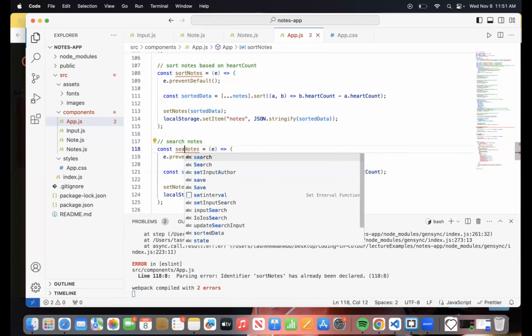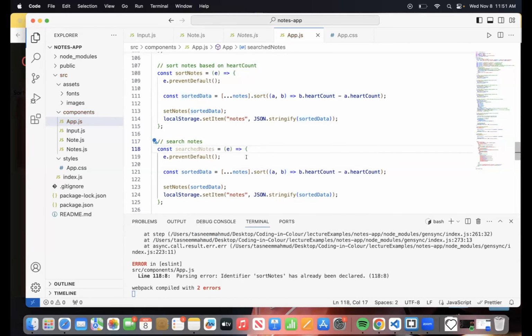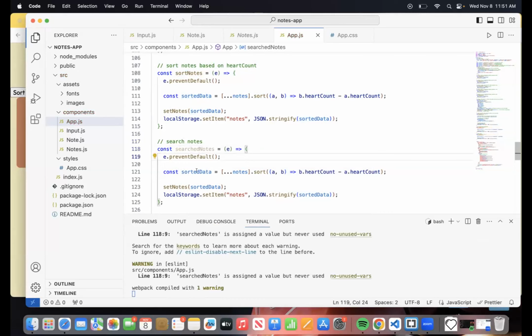Change this to searched notes. And I will change the whole idea for this as well. But do I need a global variable? Okay, so let me get rid of all this actually.